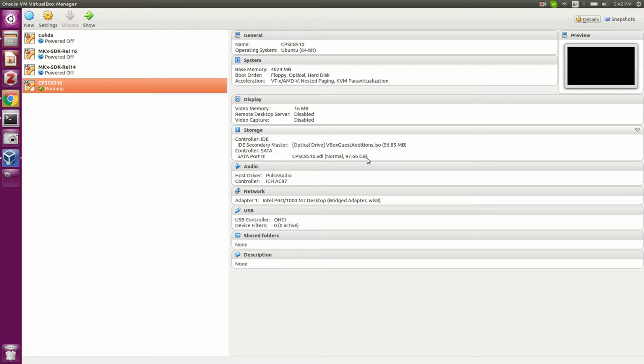So make sure you provision enough storage for you to be able to run this machine throughout the semester.